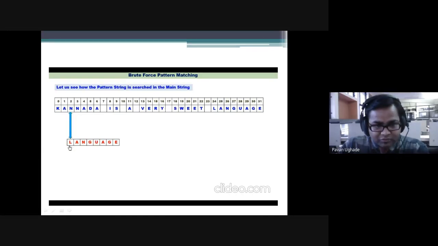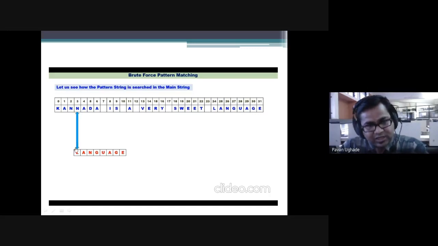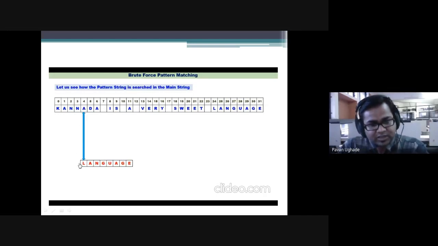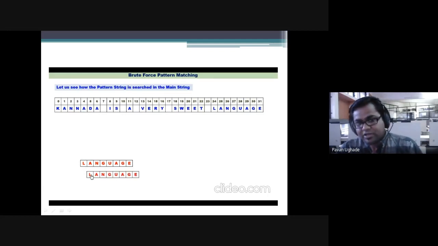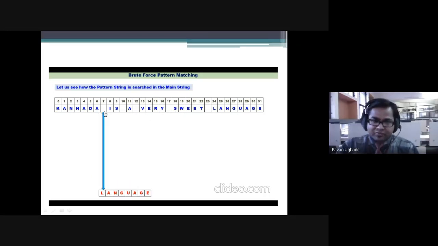So we are checking the first character of the pattern with all the characters available in the text. We are looking at whether L and N match. No, whether this L and the another A in the text match. We are just checking the first character in P. If it matches, then we'll check the second character. I'm checking the first character with one or the other characters in the text. It does not match, it is checked with the space also. Obviously it does not find the first character, then it starts again with the next one.